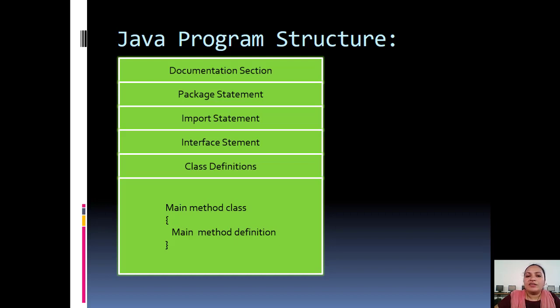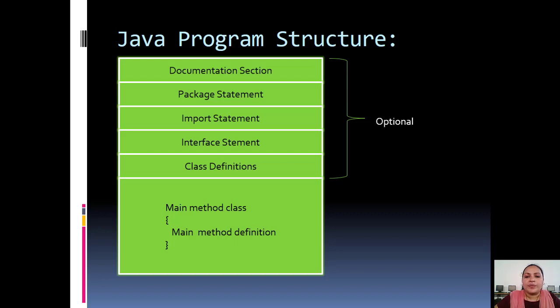So, this is the structure of our Java program, and some parts of this structure are optional and some are essential. As we can see, the documentation section, package statement, import statement, interface statement and class definitions are optional.